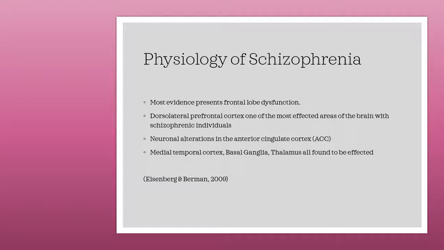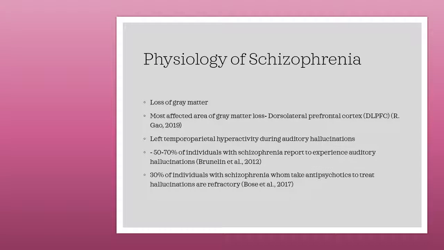Studies show schizophrenic patients' DLPFC tissue shows support for alterations in excitatory cells and inhibitory cells. Other areas of the brain have been shown to be impacted in schizophrenic patients, such as the medial temporal cortex, the basal ganglia, and the thalamus. A defining physiological feature of schizophrenia is grey matter loss, which includes reductions in spine density in these parts of the